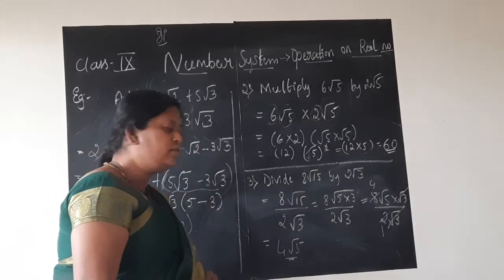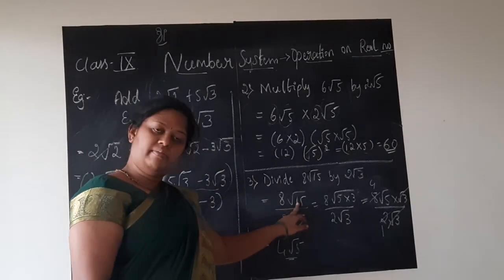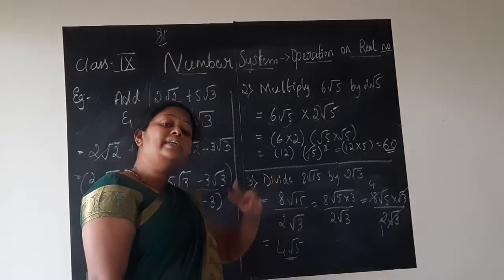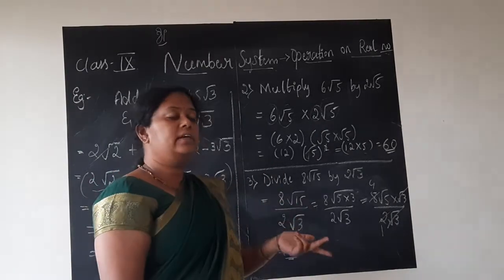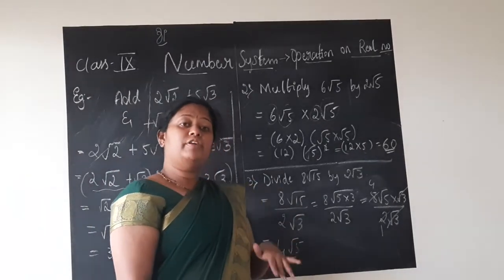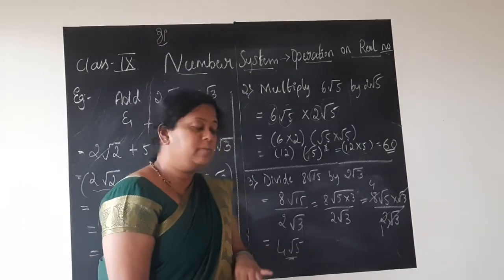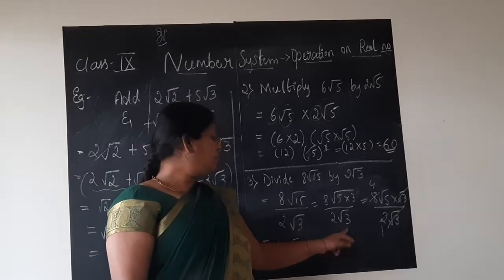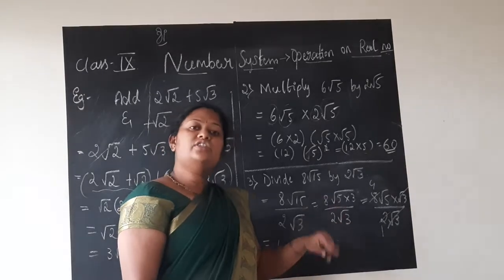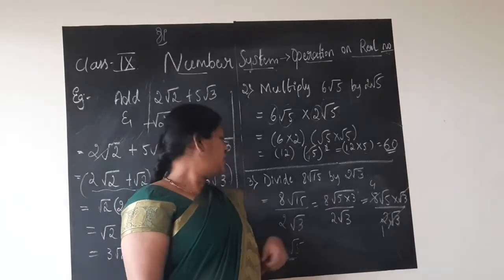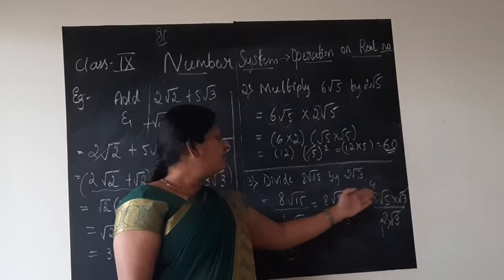This is how we will do. So if a big number is there, children, you write the terms in terms of its multiples. If you get confused about how to write the multiples, look at the other number. It should get cancelled. In such a way you will get the multiple. See here, root 3 was already there. I wrote 5 3s are 15.